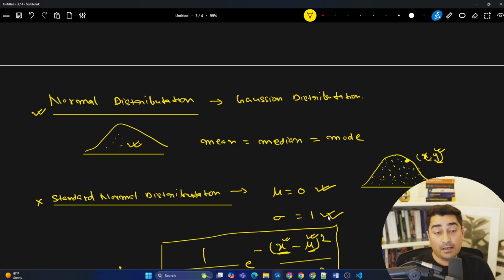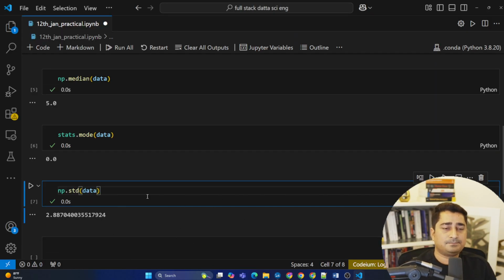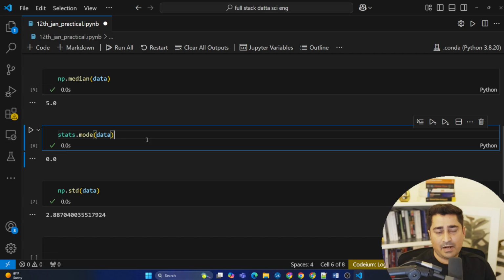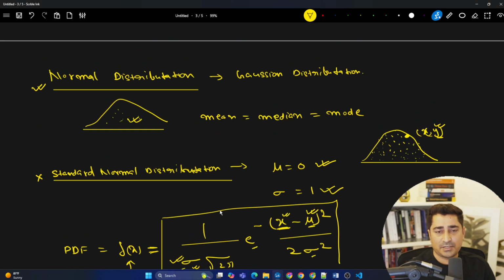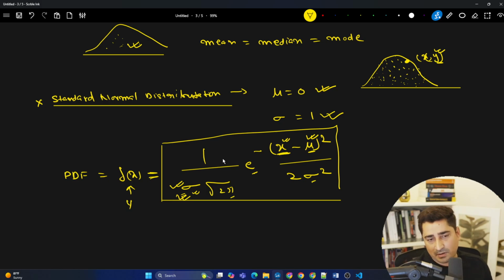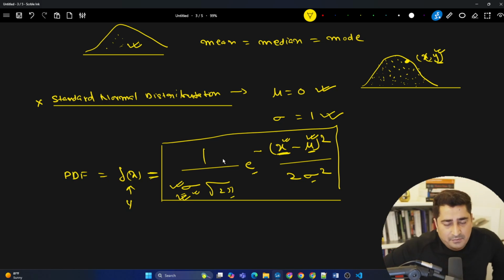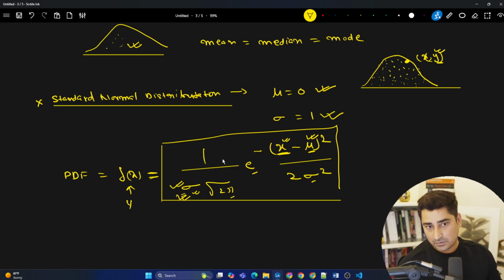Okay, that's fine. So this is something that we are able to verify even with respect to our code. Now we have to plot a graph, where I will be using the function I have written over here. Obviously this is the probability density function, so I will be using a function so that it will be able to calculate y, f of x, for each and every data point that I have, just by applying this particular formula. Okay, fine. Let's go and do it.